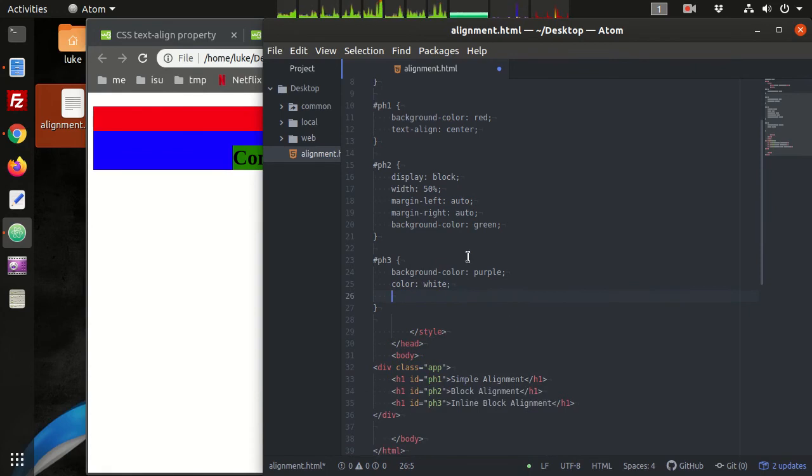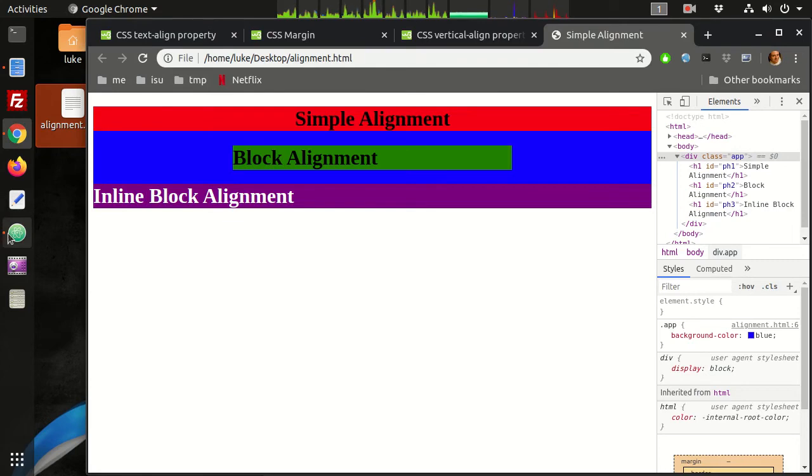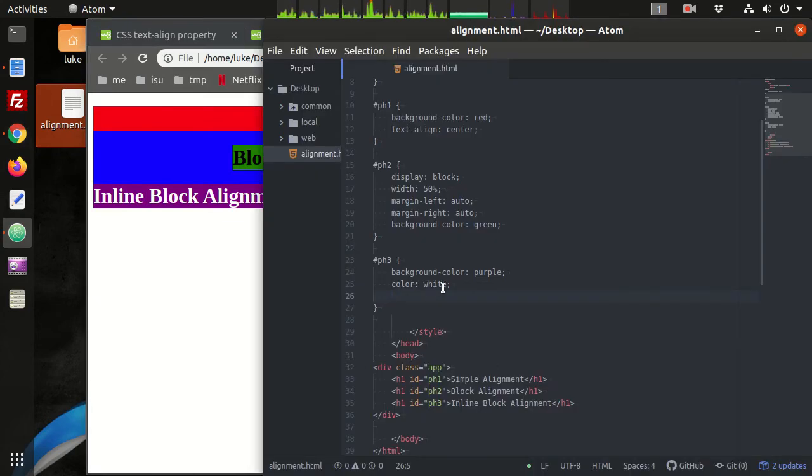All right, first let's see what we have here. There we go. And then we want a display of inline block.